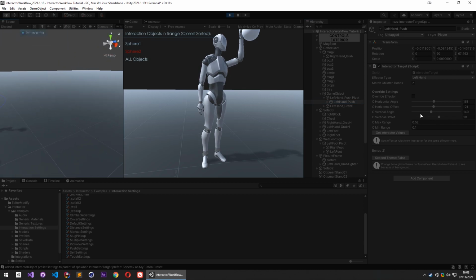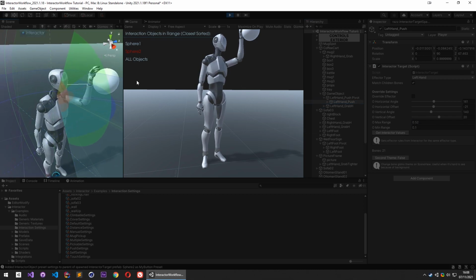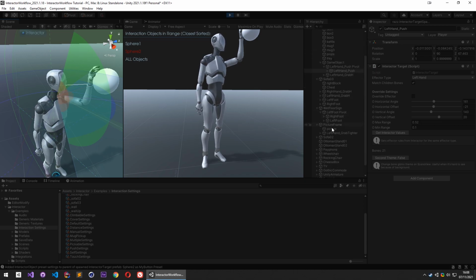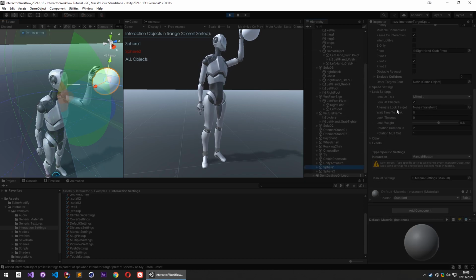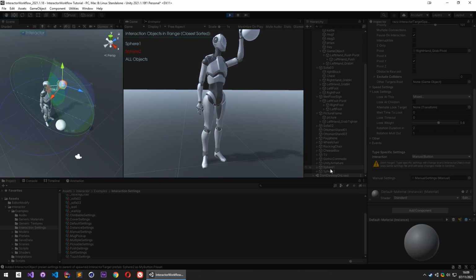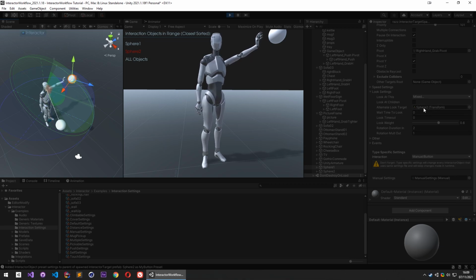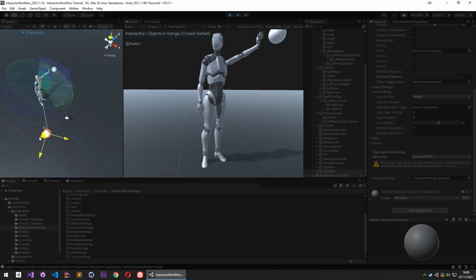If you want to look at targets, you can say, hey, take the target instead of the object. Look at children. Or you can give another object. For example, in this case, let's give the second sphere, and when the object enters, it will look at the second sphere because we assigned another look target over here. And wait time to look is, as you can see, even if it is out of reach,